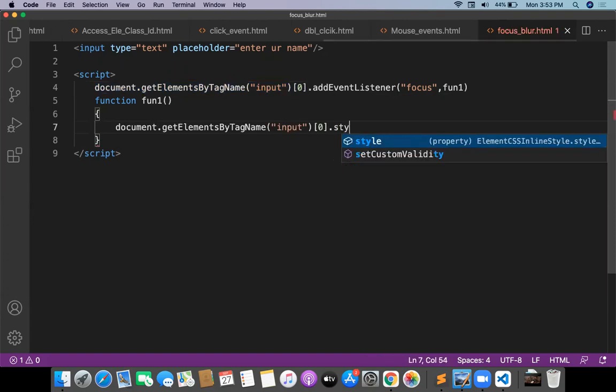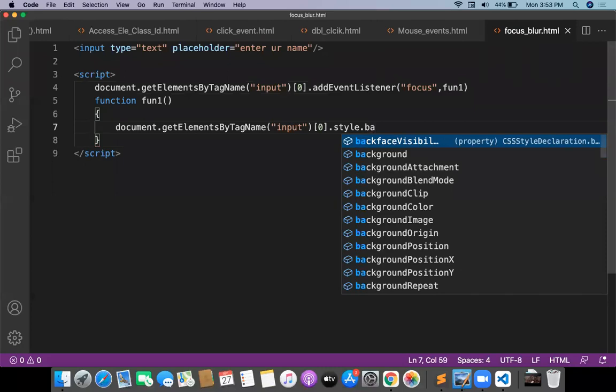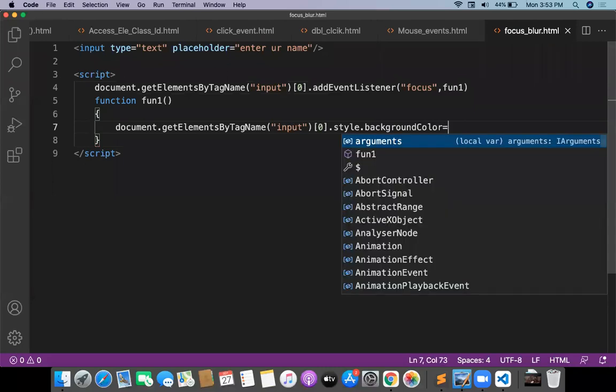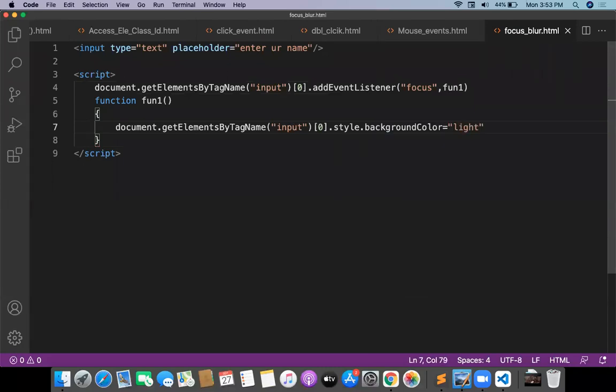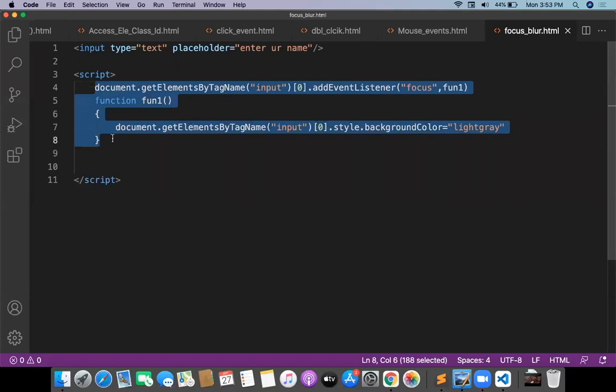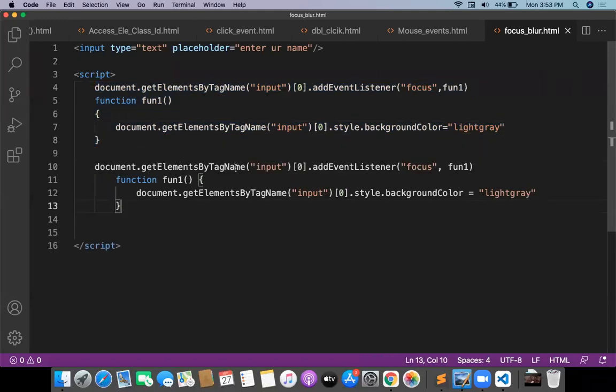Dot style dot background color is equal to, I want to go for the light gray color. Okay, let me go for the back. Back means blur. When I do the blur event, function 2 is called. For function 2, I'm just removing the light gray color. That's it.